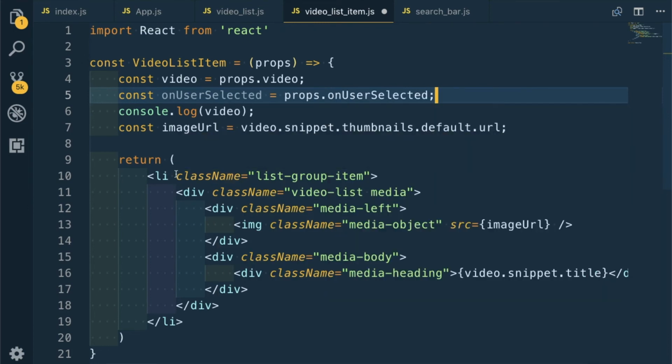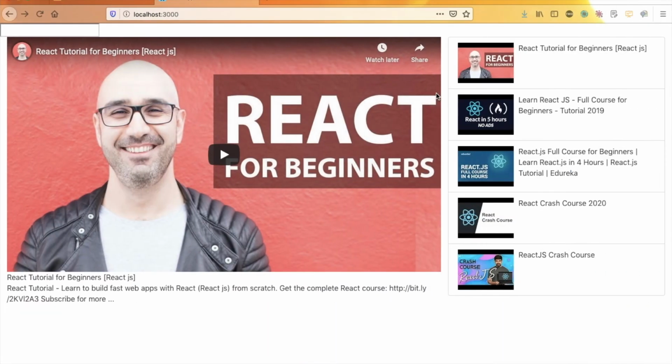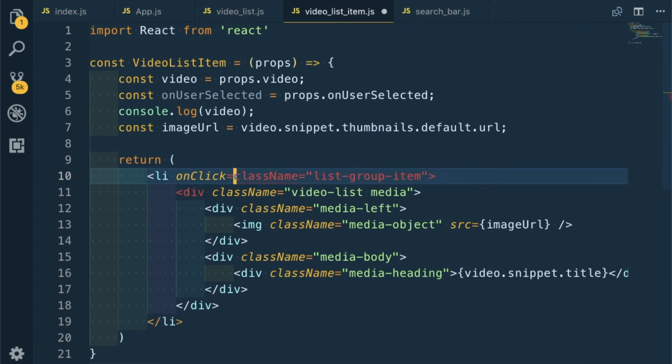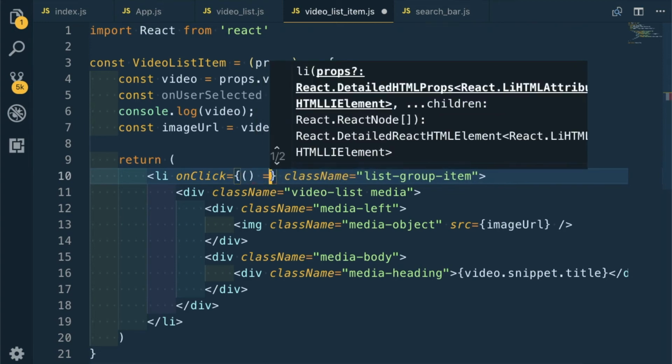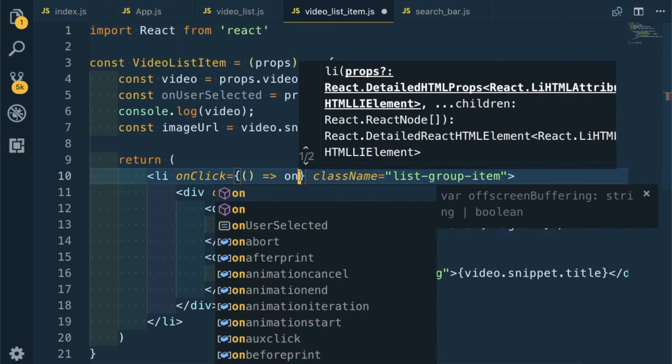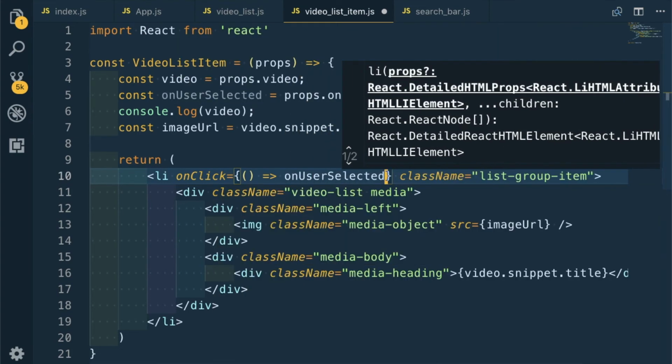This li wraps every one of these videos, so we will give an on click handler here, and a function which will call on user selected with